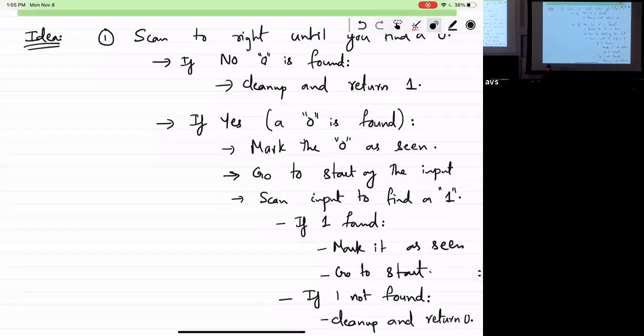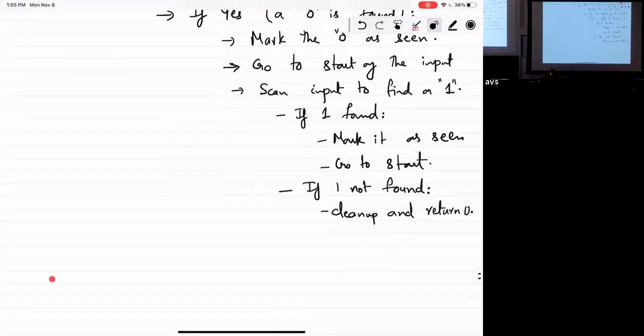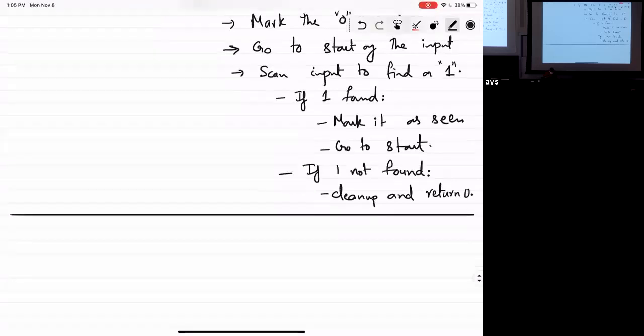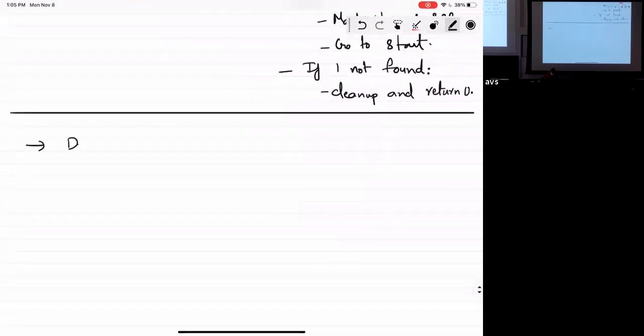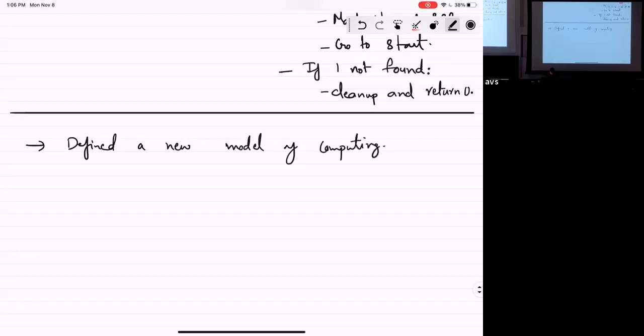Okay, so what did we do so far? We defined a new model of computing. We defined a new model by essentially adding two things to our DFAs. We called it Turing machines, basically after Turing, who invented them.